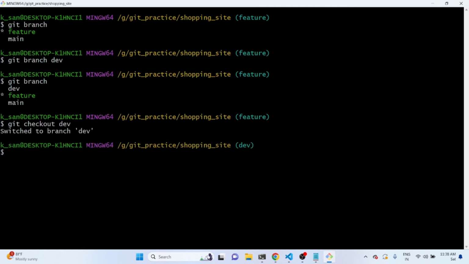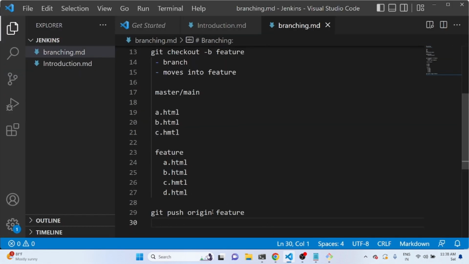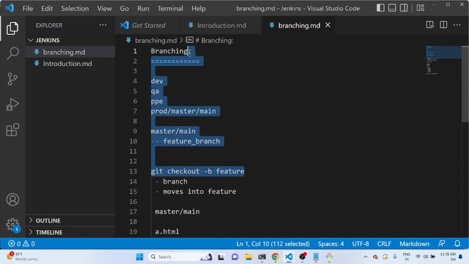So now it's switched into the dev branch. Now you can run git branch. Now my current branch is dev. So here in git checkout -b feature, in this command we do